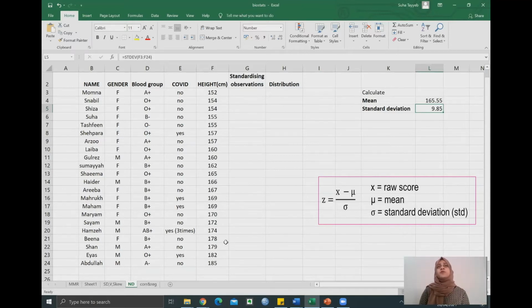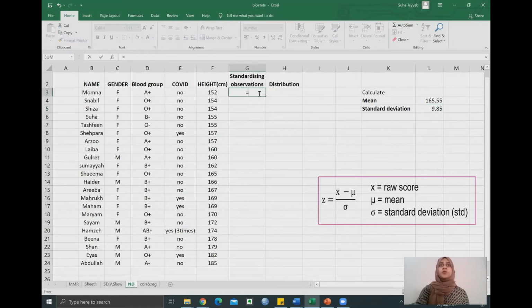When we want to plot our data on that standard normal distribution curve, I would want my values to be standardized as well. So this is the formula to standardize our values: x being our raw score, subtracted from the mean or mu, and divided by the standard deviation or sigma, and that would give us my z value, which is my standardized value.